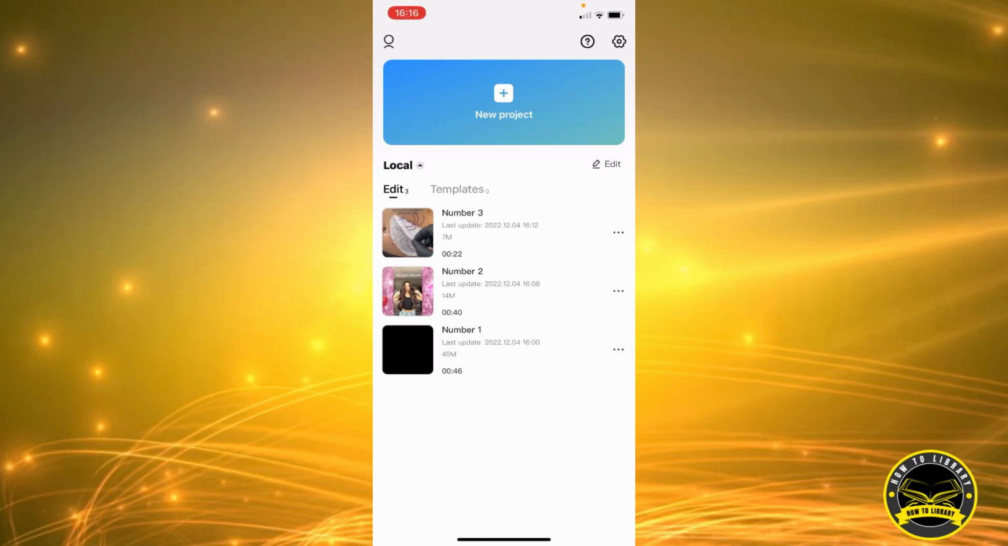Today I'm going to show you how to change your app language on CapCut. So you've been editing videos and maybe you don't understand English very well and you'd feel more comfortable in your mother language. So first things first, we're going to click on the top right corner of our screen on the